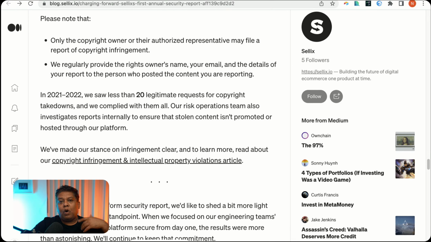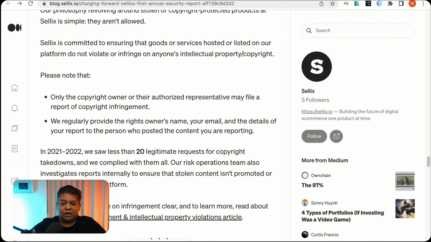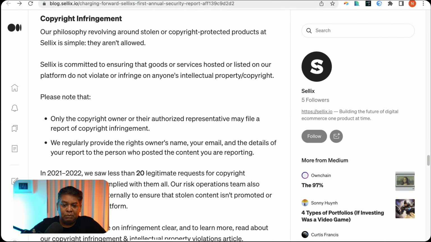Okay, but what about doing your due diligence to make sure that you are committing to ensuring that goods or services hosted and listed on the platform do not violate, right?